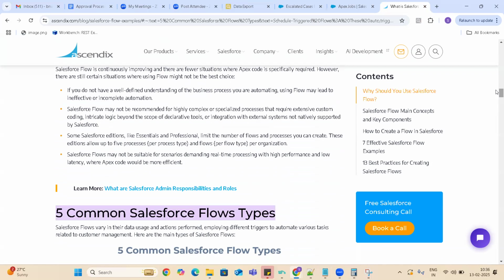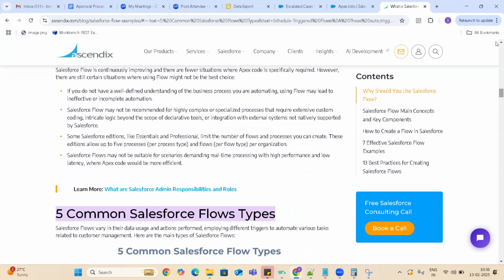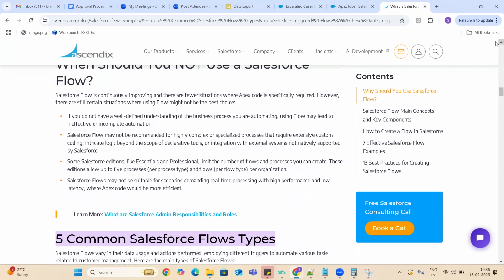So we have seen screen flow has some limitations, and we have seen record triggered flow, a few things. Scheduled trigger flow has some limitations. But basically, there are some situations where we should not go with flows. That is nothing but these 4 points, guys.